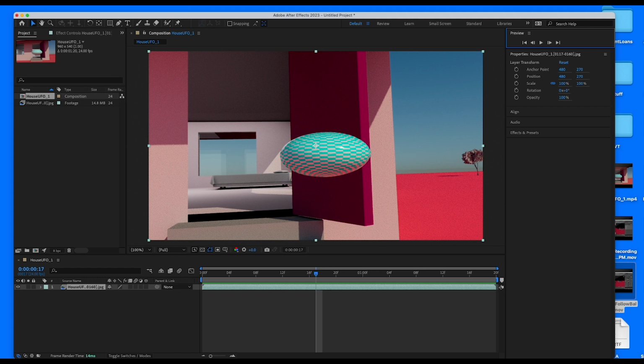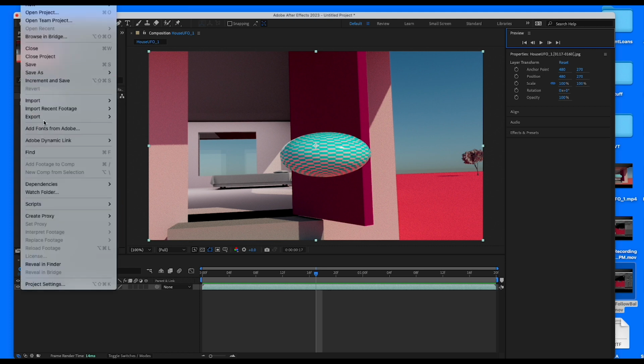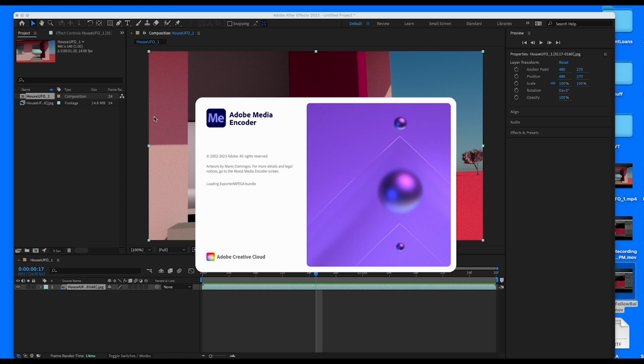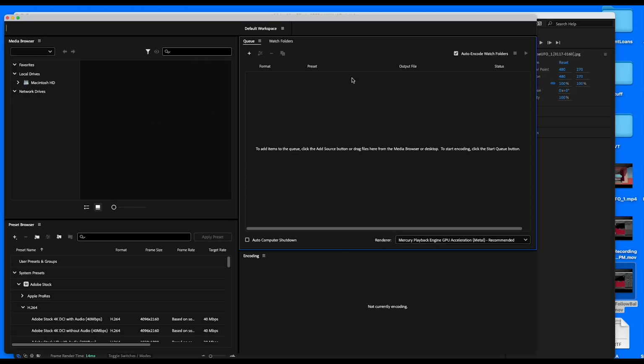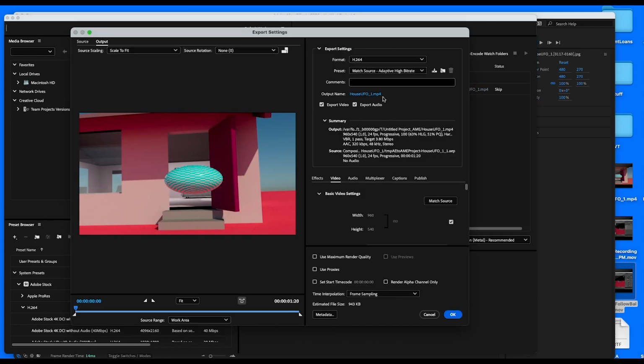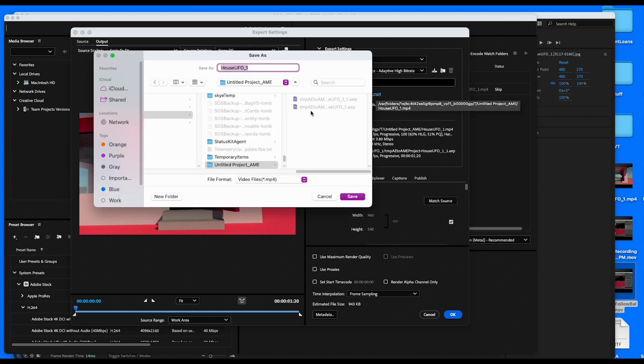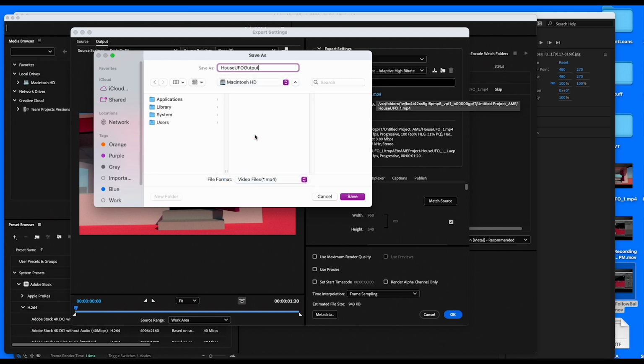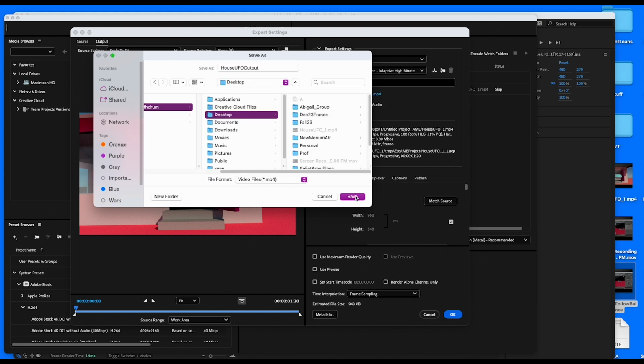So once you have that, you go to File, Export, and you send it to Media Encoder. That's because Media Encoder might take a second to open, it always does, but it allows you more options. Might take a minute for it to come up. If you want, you could rename it, and you could also place it in a different place. I'll call mine Output, and then I'm going to put mine on my desktop. Sometimes it gets a little crazy and gives me a hard time about where it is.